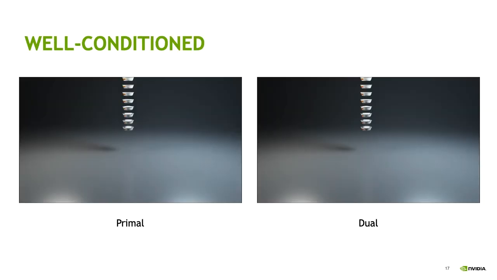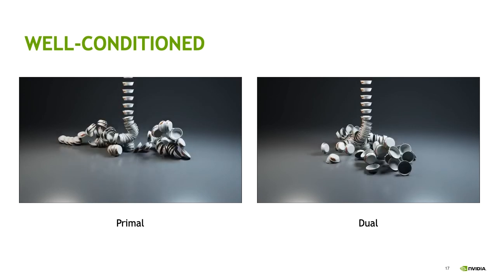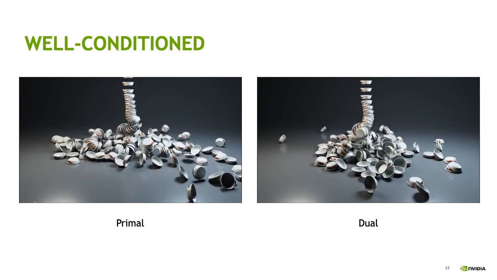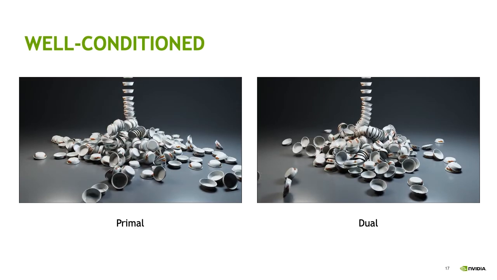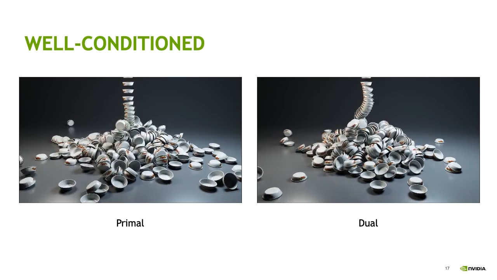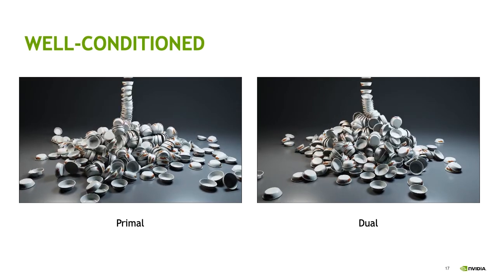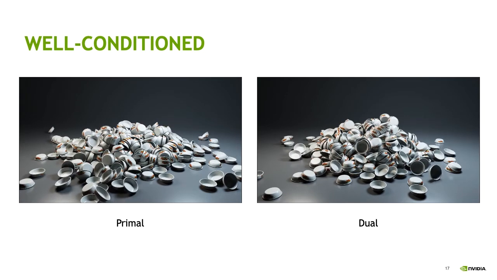So this example was inspired by some work by Zhu and Barwick from 2014, and they simulated a similar scenario using an implicit method with a direct solver. And we found that we can simulate the same thing using our descent-based methods and scale it up to many more contacts. So in this scenario at the end, there's around 400,000 contacts, and this is still real time